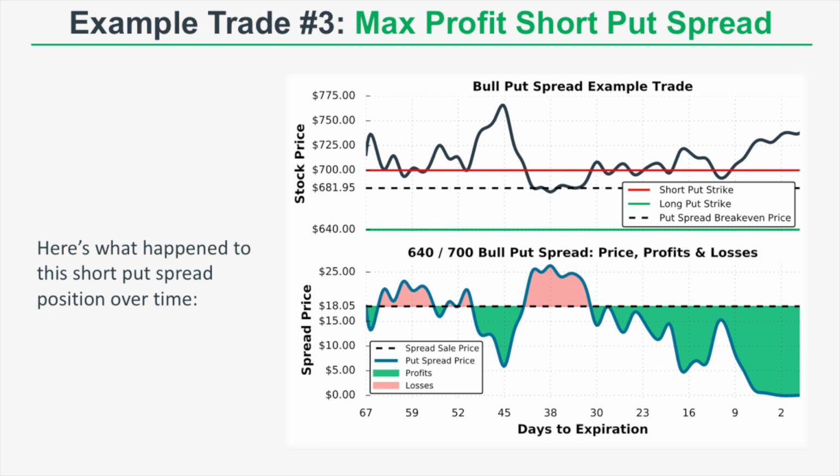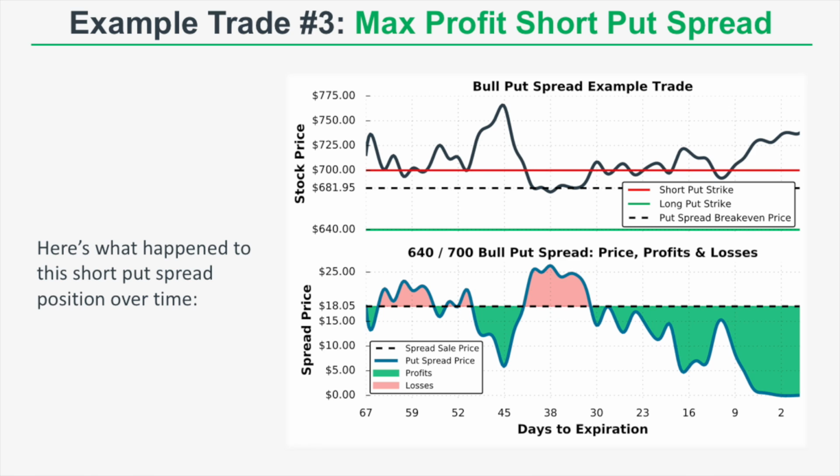And as such, the short put spread expired worthless at expiration, which means if we sold the spread for $18.05, we kept the $18.05 credit, which means our maximum profit in this case was $1,805. Now, you will notice that around 45 days to expiration, the stock price surged from $700 to around $775,